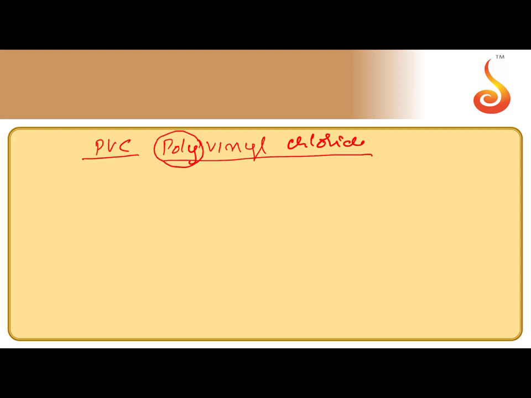So how to get monomers and how to write the repeating unit, I will explain by taking a few examples. Let us take PVC, polyvinyl chloride. This is a homopolymer, only one type of monomer is present. To get the monomer, you remove poly, then vinyl chloride is the monomer. So you should know what vinyl chloride is. CH2=CHCl. This is called vinyl chloride.